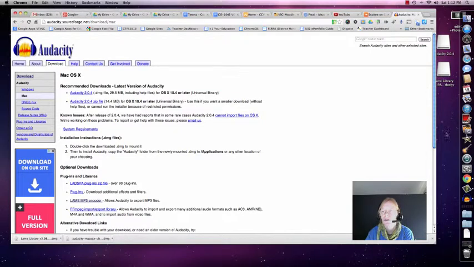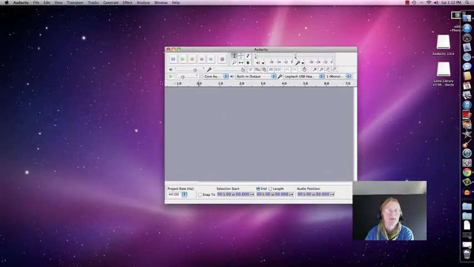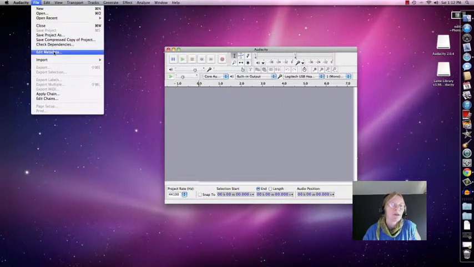So I've installed it on my computer, and I can open up Audacity. Let me click. So here's Audacity. I'm going to create a new file. Here it looks a lot like Twisted Wave. Similar editor. The one thing you want to make sure, and I can do it by going to File and